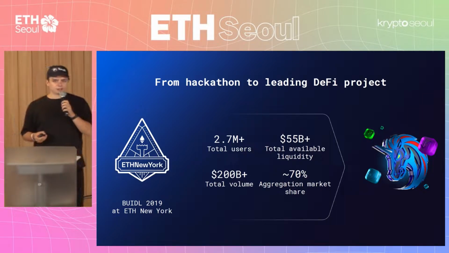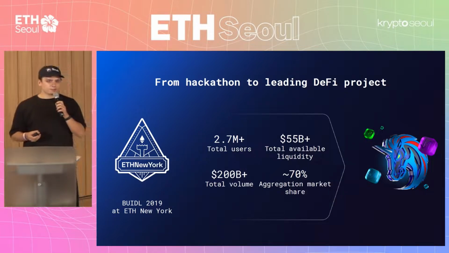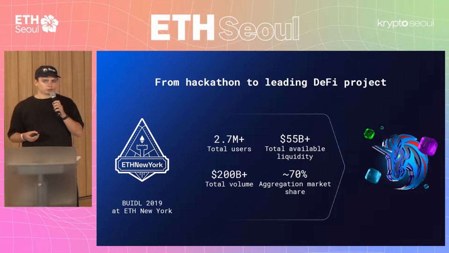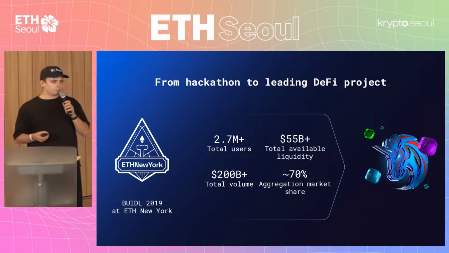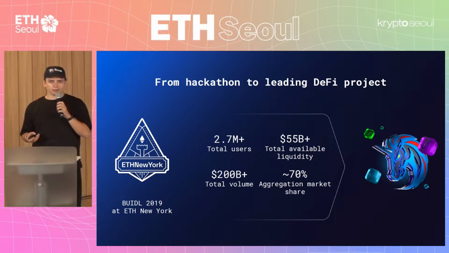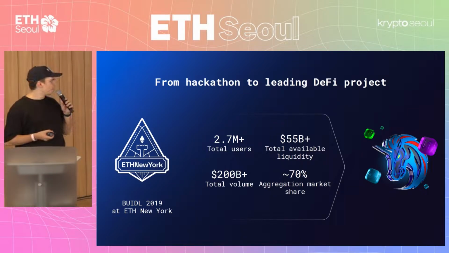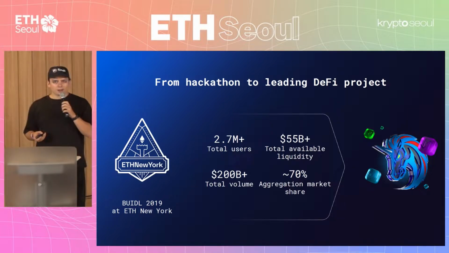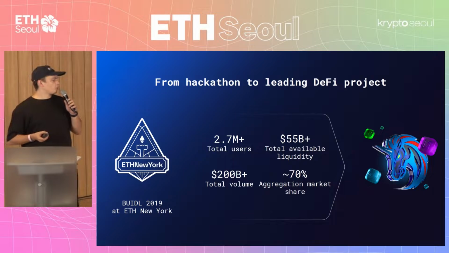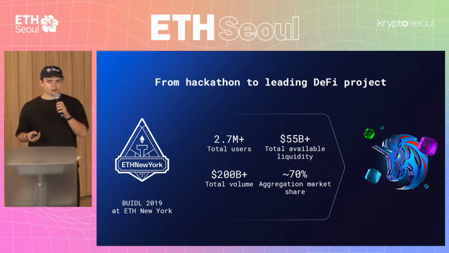1inch network actually consists of multiple protocols. The main protocol of 1inch network is Aggregation Protocol, and currently we have more than 2.7 million users across multiple EVM compatible chains. We have billions of volume on our aggregation protocol. We also support most of the EVM chains, and most of the DEXs across all the